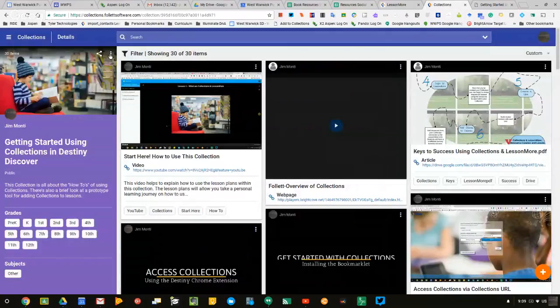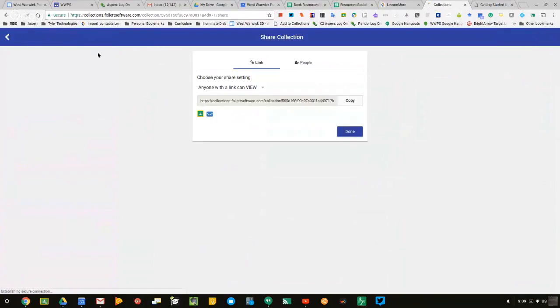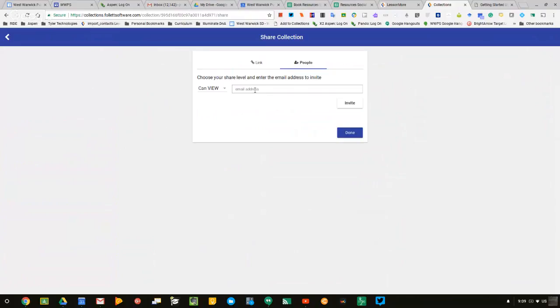So not only can you edit the details, but you can also go in and share this collection as well. I can share this in Google Classroom. I can email this, right? Or I can actually share it with individual people, and I can give them editable rights or view rights as well. So if I wanted to share this with Adam right now, I can go in and